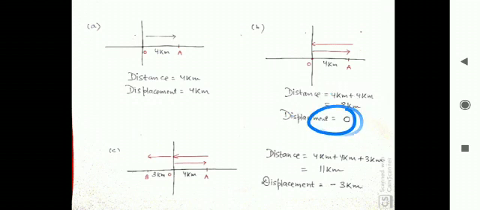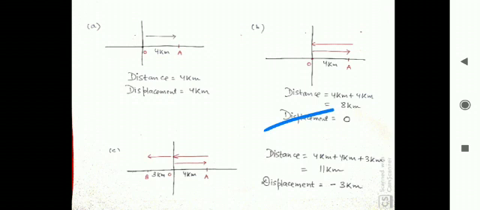How did 0 occur? Now see, when the initial point and final point are the same, then in that case the displacement will always be 0. In this case, a body started from point O and after returning it is again at point O. So what is the starting point? The starting point was O, and what is the ending point? It is again O, because it returned to the same point. So in that case the displacement will always be 0 because the starting point and the ending point coincide.